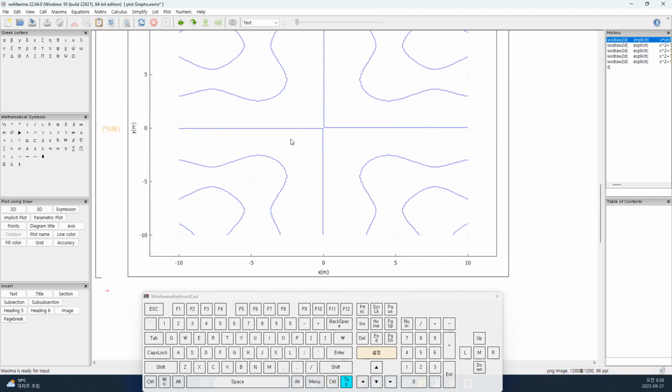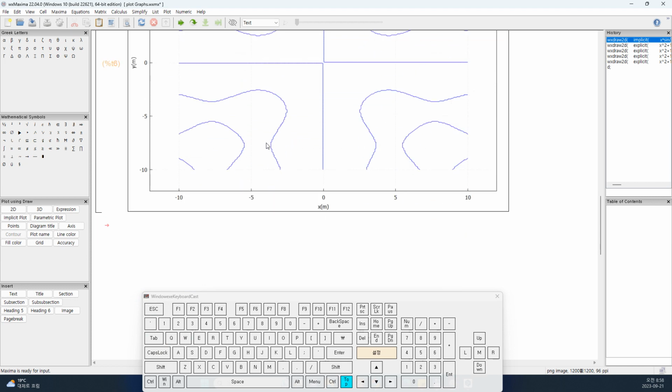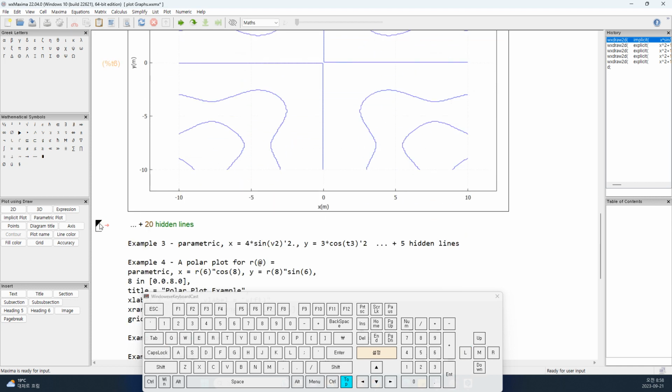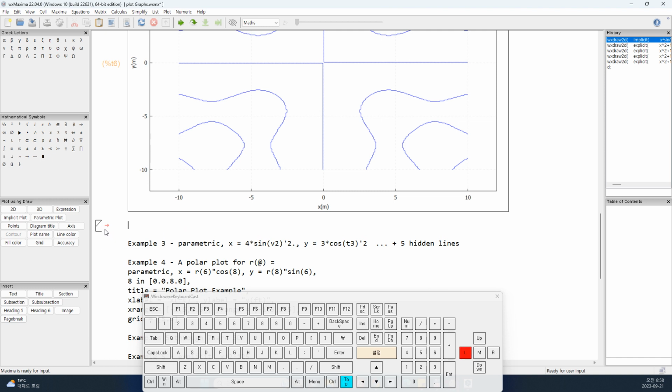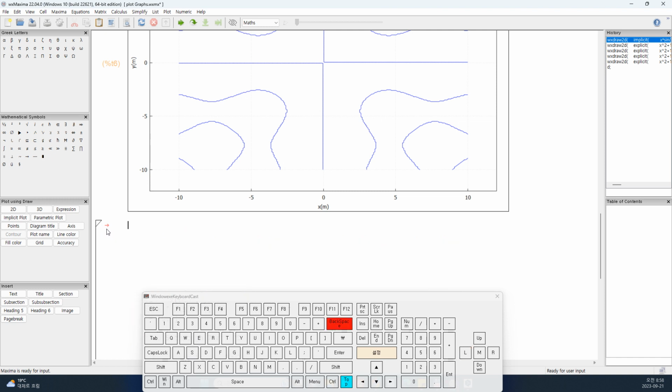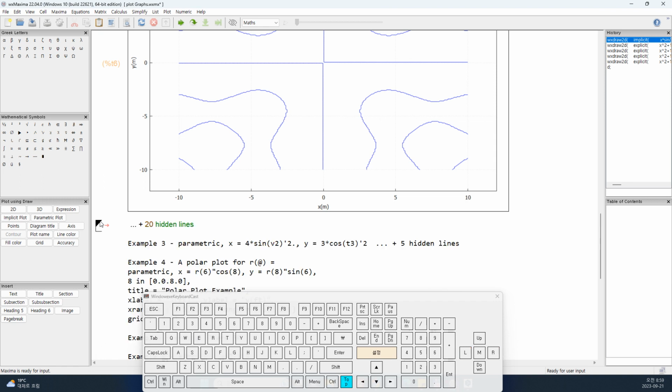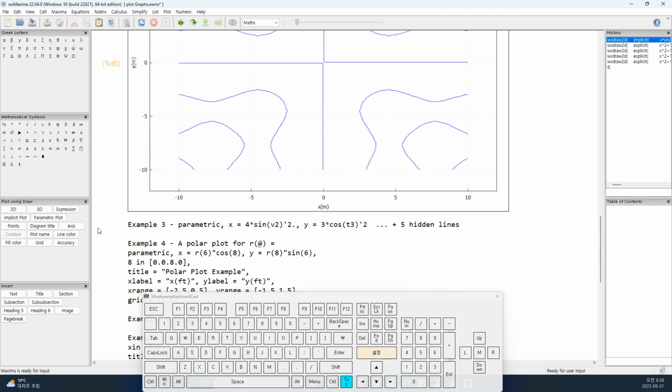Let's try the parametric here. I'm going to open this up and say 2D. OK. We'll go for parametric. And parametric is telling me x is 4, so you have to type here 4 times sine of t over 2. The y value is 3 times cos